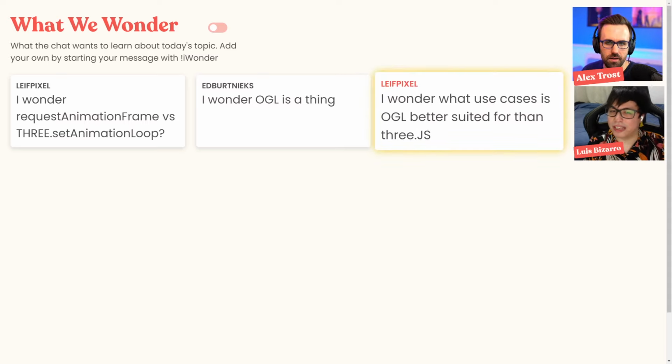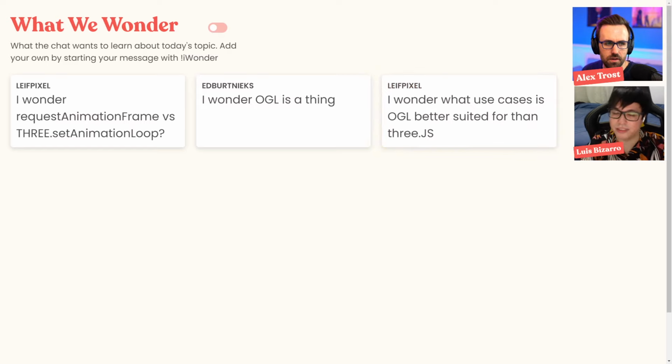So it's just a lightweight Three.js version, let's say like that. It's not that similar because it has a different structure and the way it works is different, but you can write the shaders from scratch for pretty much everything. You don't have, for example, the MeshPhongMaterial. You would need to create that from scratch. Got it. OGL. That's good to know.